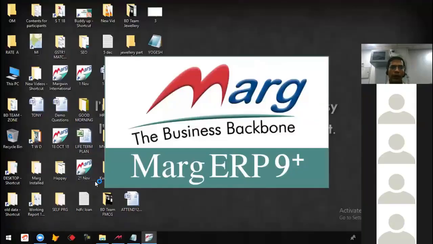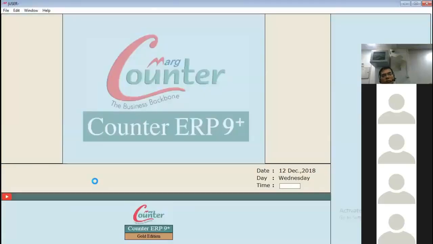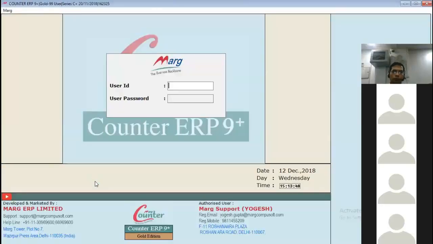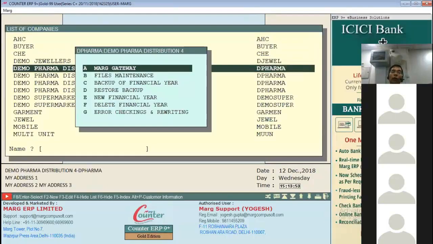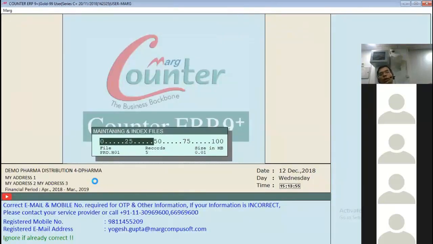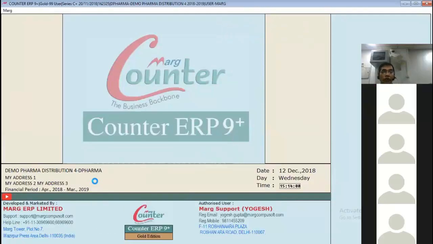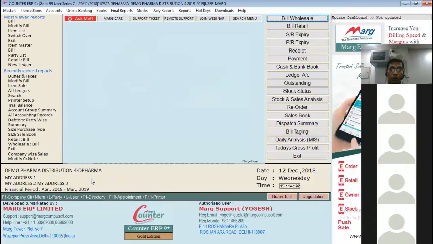Now I open that. Welcome to Marg. Demo pharma distribution. Data is in front of you. So this is how we restore the backup.